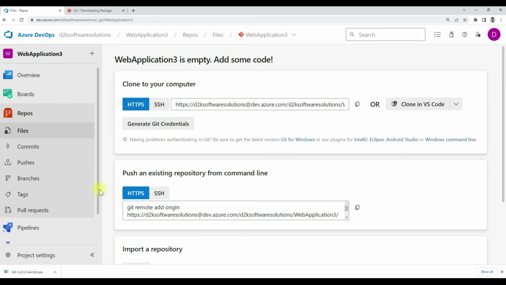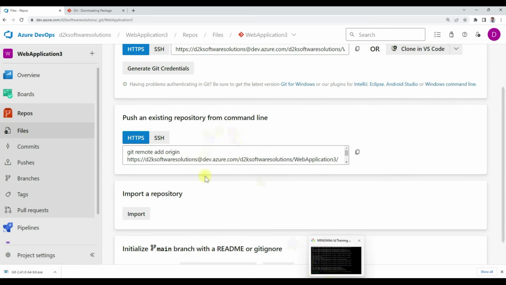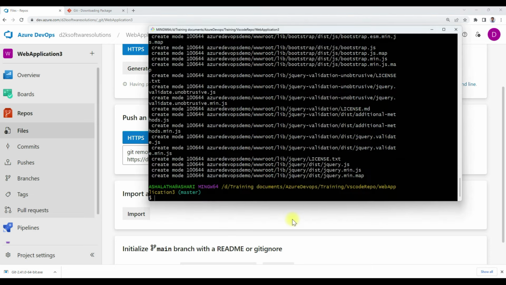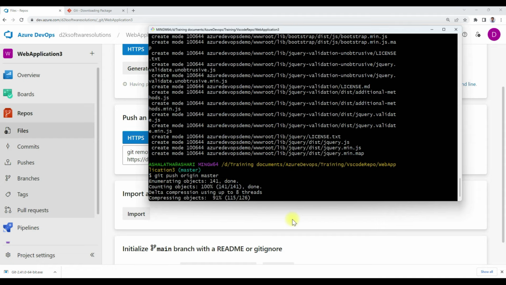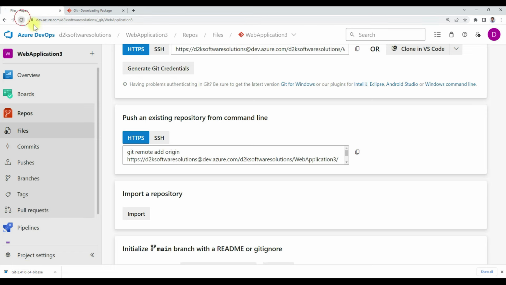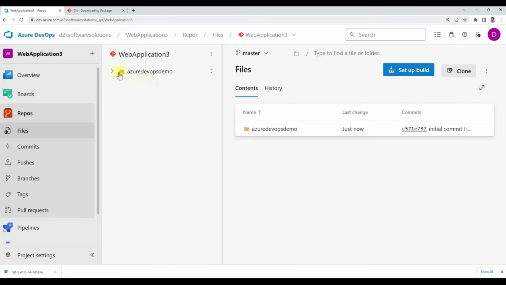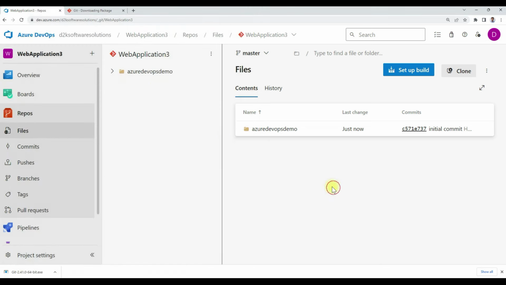No. Still it is an empty repository, no files have been found here. For the files to appear here, what do we have to do? We have to push these files to the master. So git push origin master. So once this push is completed and we refresh the page, see, whatever we committed into this folder Azure DevOps demo,